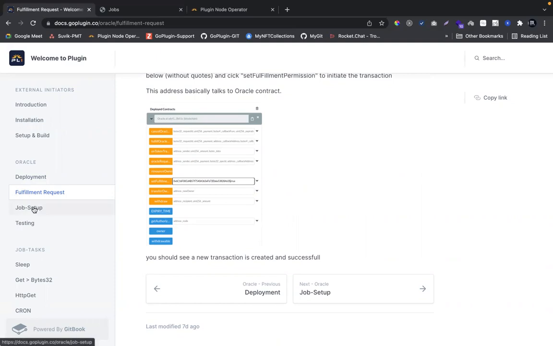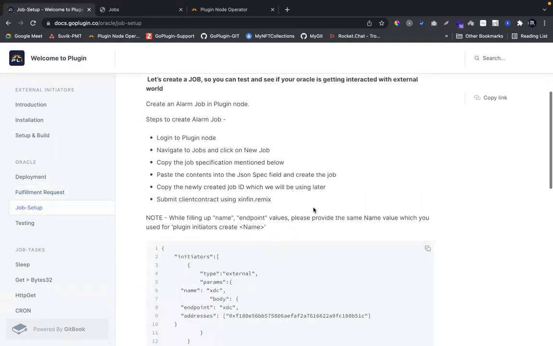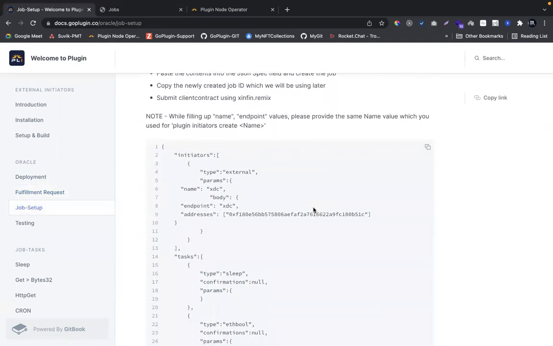That is where the job setup comes into the picture, which means you're going to test it out. So how are you going to make sure your node is working fine? This is another step which you have to perform. So don't think that once you have set up this job, it's all set. No, this is just to ensure that your node is running fine.